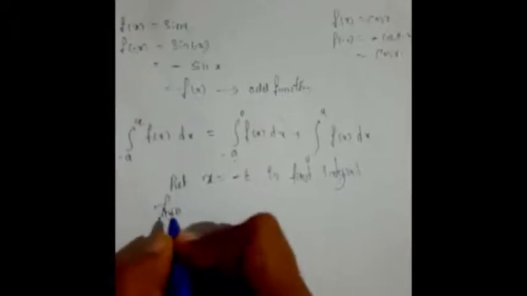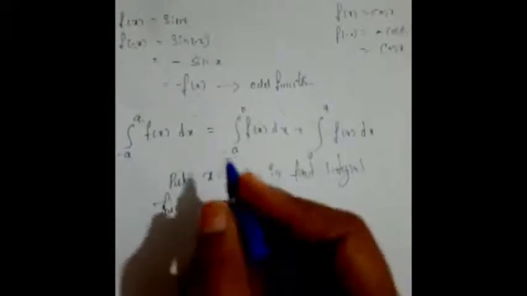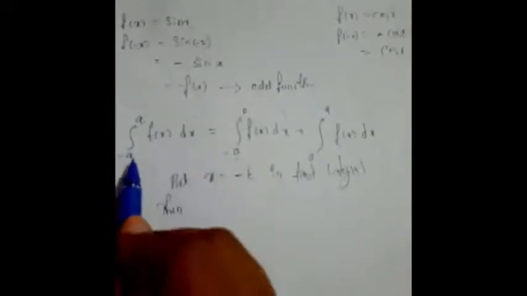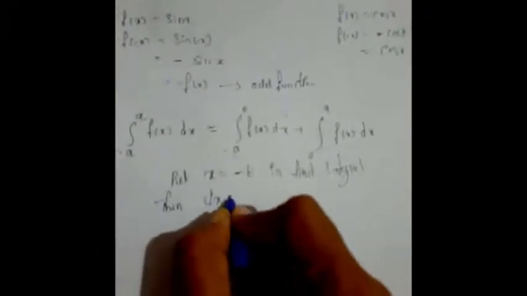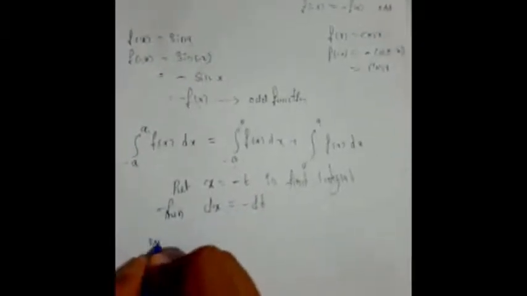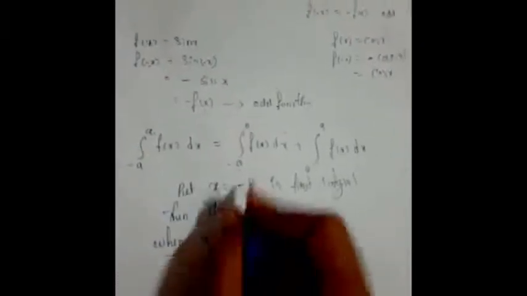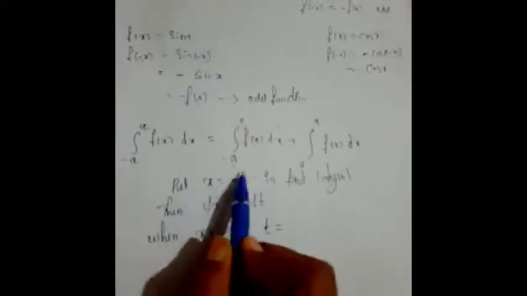Yes, then you all know that in a definite integral, if you substitute a new variable, we are trying to convert the original limits to new limits. First we have to differentiate this: dx is equal to, you will get what? Minus dt. Then we have to change the limits, right? Here your lower limit is what now? x is equal to minus a. Then what would be the t? If I put minus a here, what happens? This minus gets cancelled. t is equal to plus a.